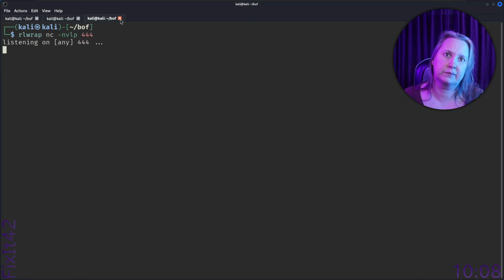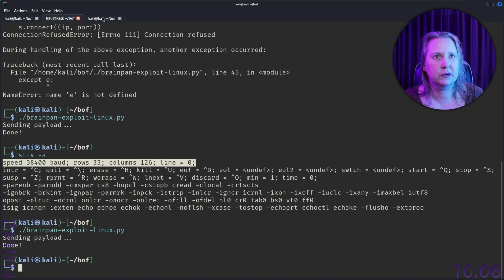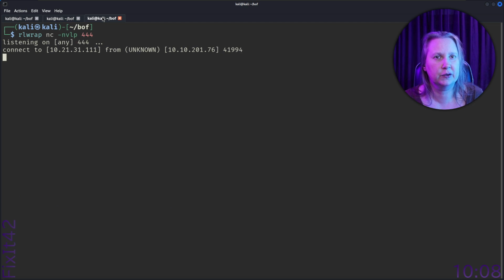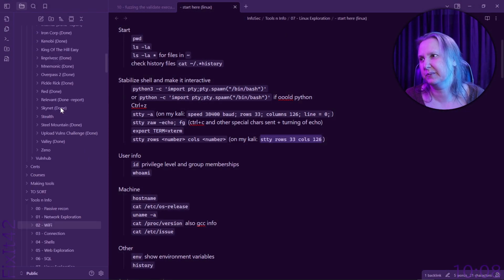So now we're gonna just send our little exploit again, little buffer overflow, and yeah, let's not type pwn again. So we're in here. Let's run the exploit this time without